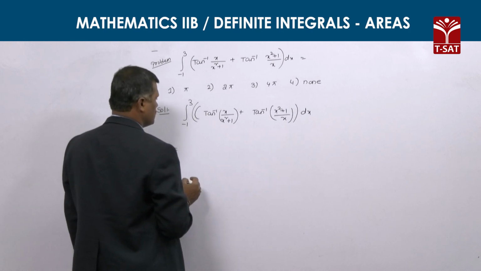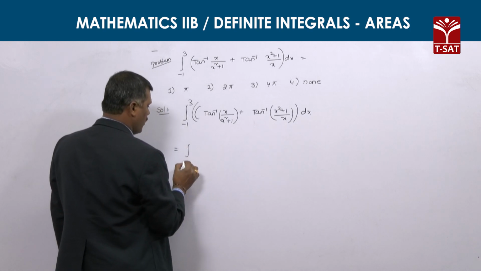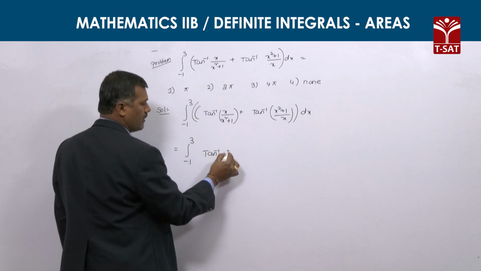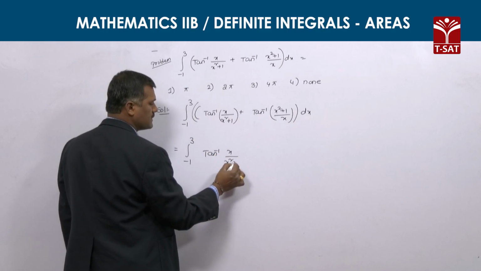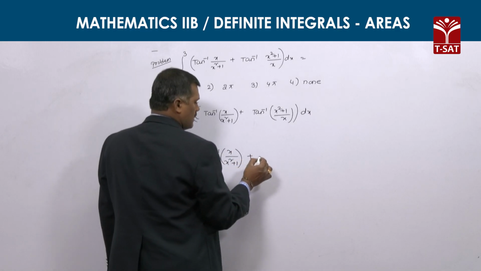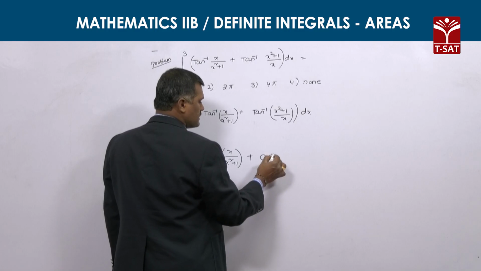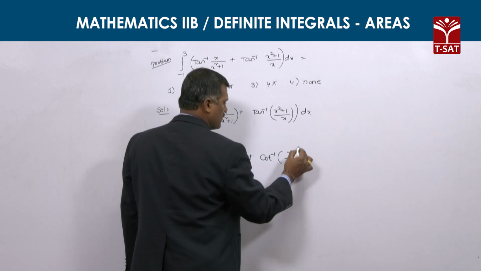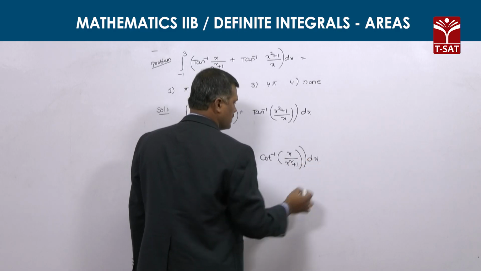That is equal to integral from -1 to 3 of tan inverse of x by (x square plus 1) plus cot inverse of x by (x square plus 1) dx. Since